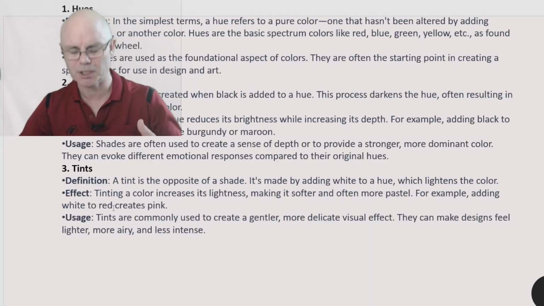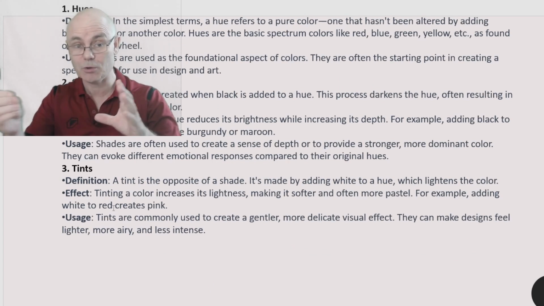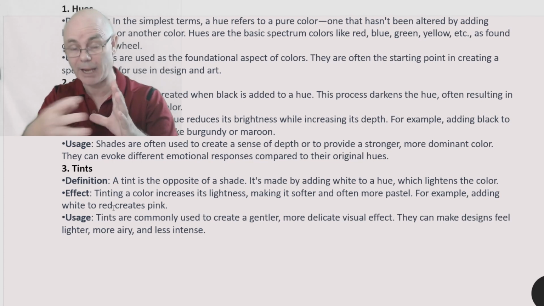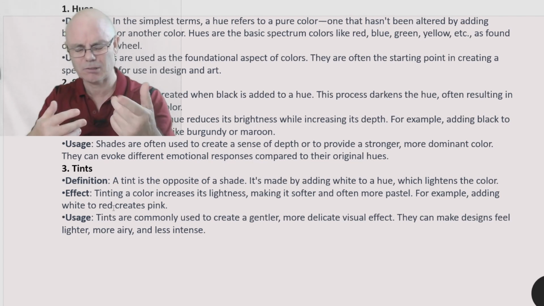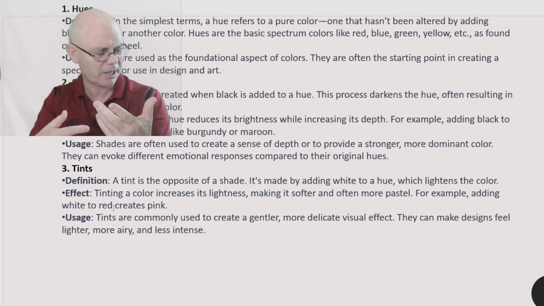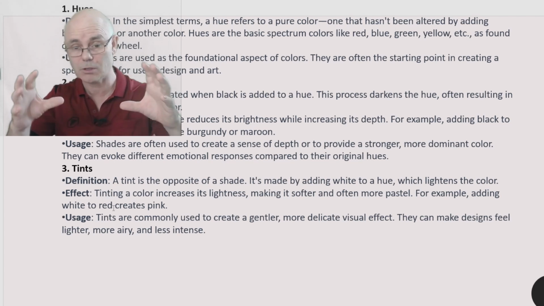You could pause the video, but basically hues are basic colours that we don't add black to, and then shades are a colour that's created by adding black to one of the basic colours. I guess the basic colours are those. It depends if you're using a computer monitor, they're different, but something like red. I can't even think what they are, but I think there's like 3 or something. But anyway, so we've got the hues. Those are the colours